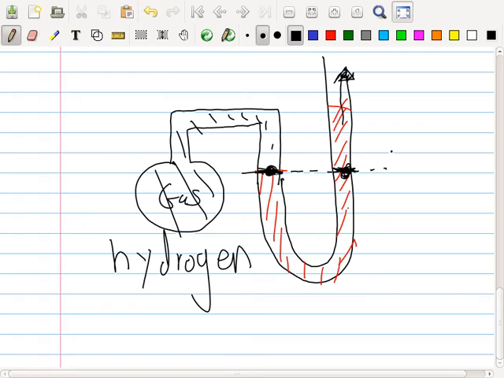What was the formula for pressure? Pressure equals rho g h. Now we know g. We know h because we can measure it. We know rho because it's mercury, so we can just look it up. So with these three, we can know the pressure here, which means we can know the pressure here, which means we know the pressure that this gas is at. So actually another way you could use this thermometer is to measure pressure.